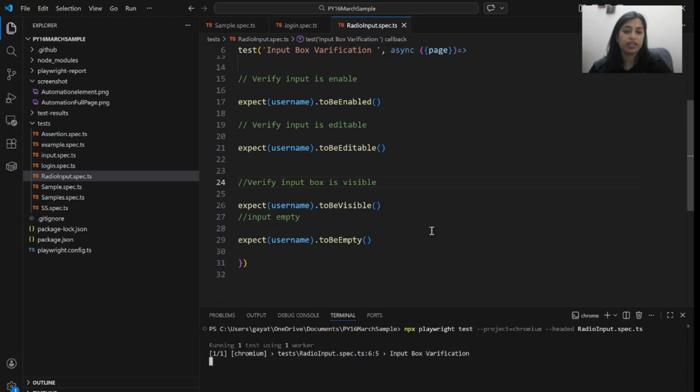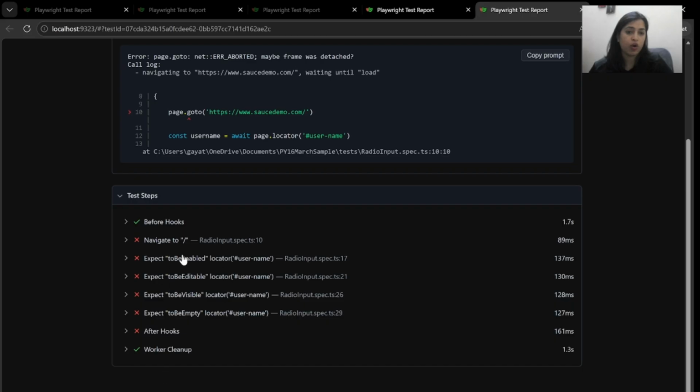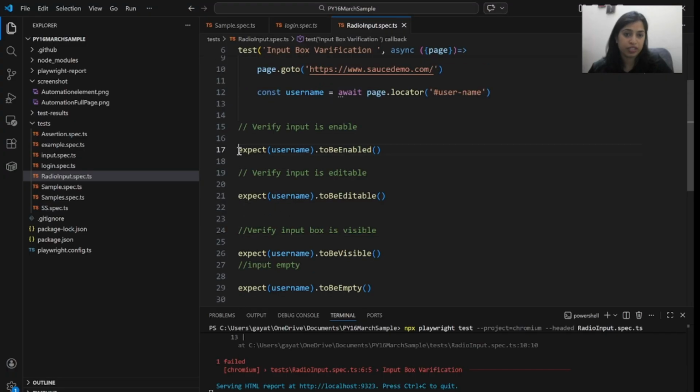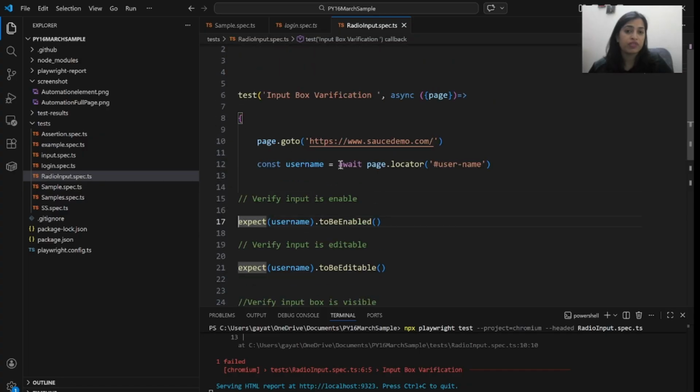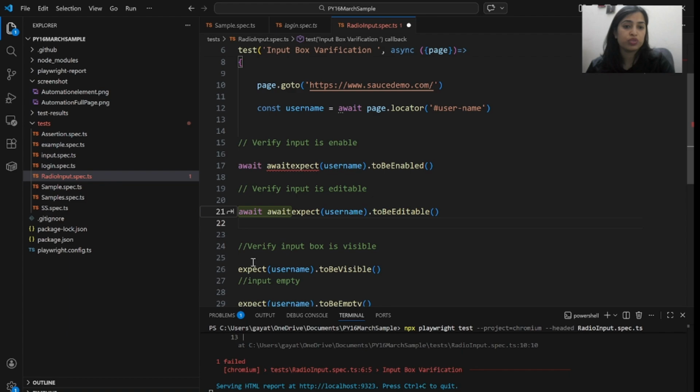We missed one thing here. I got to know why it failed. See, all test cases failed. Why? Because we missed the await here. So always we have to use the await before performing any actions on any web elements.